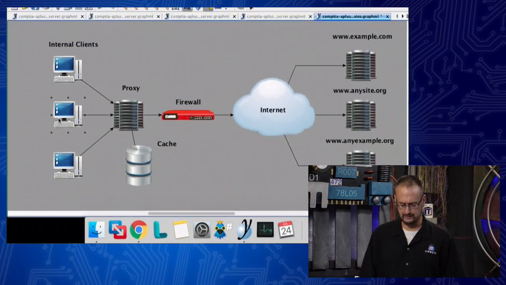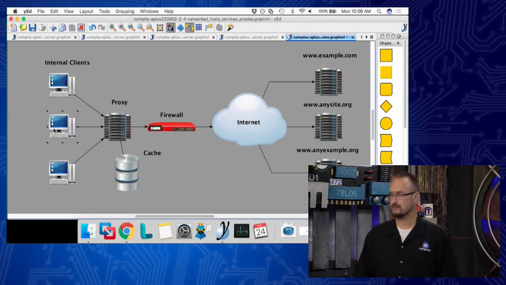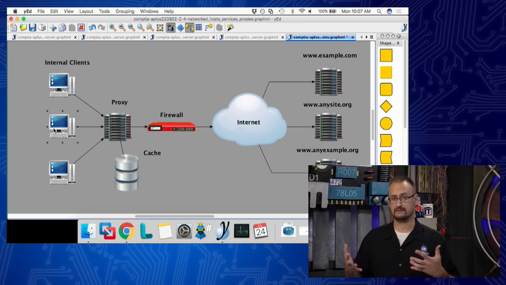Now, how does that benefit you? Well, twofold, and I'm sure there's probably more, but two that I can think of off the top of my head. One is that it increases the response time, because I just had to find it locally. Two is it saves your bandwidth. If you've got some kind of metered connection, which typically corporate companies will have, they save their bandwidth as well. So proxies are great.